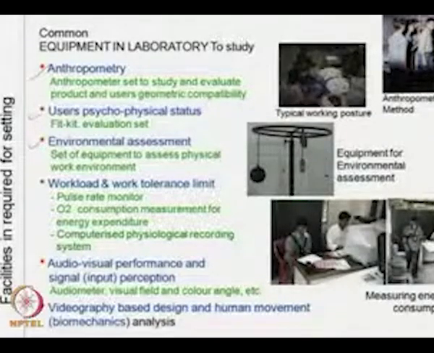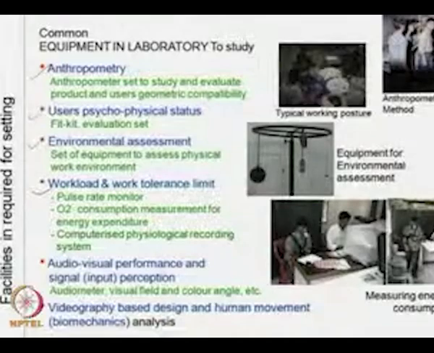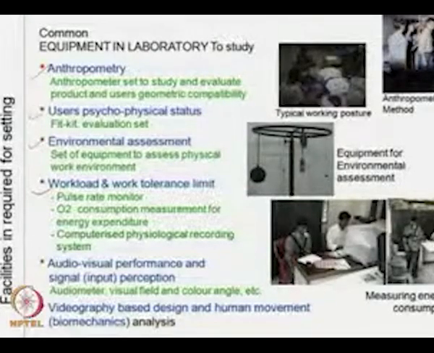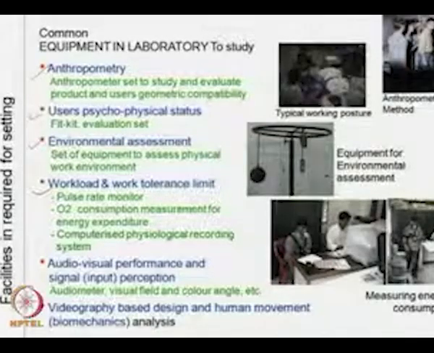through the physiological parameters to assess workload and work tolerance limit, like pulse rate monitor, oxygen consumption measurement for energy expenditure. A computerized physiological recording system is necessary. Means we may require to know different blood flow, pressure, torque, force, etc., pull, push force like that,